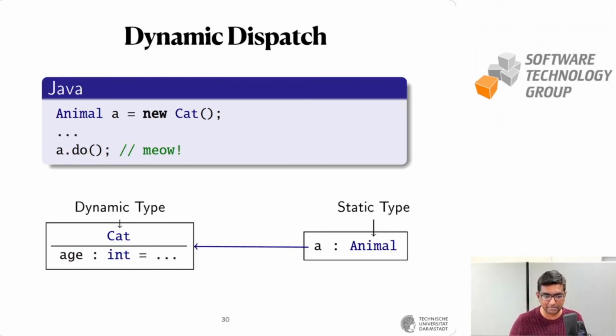how dynamic dispatch can be implemented, we need to understand what the static type is and the dynamic type is, right? If you look at the code above, Animal A equal to new Cat, the type of A without executing the code would be animal, right? So the static type of A is animal. But the dynamic type, which is stored in the heap for the same variable A, would be cat, and it would have its own variants of the do method and every other thing, which means when you call a.do, the dynamic type is then looked up, and then it invokes the variant of do that is called by